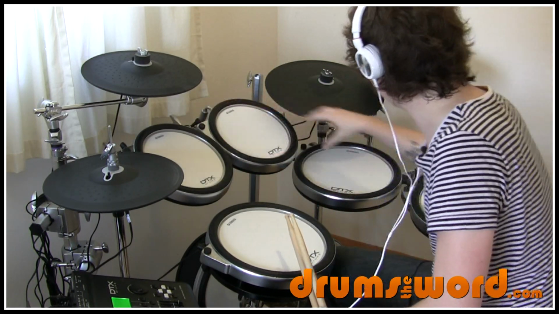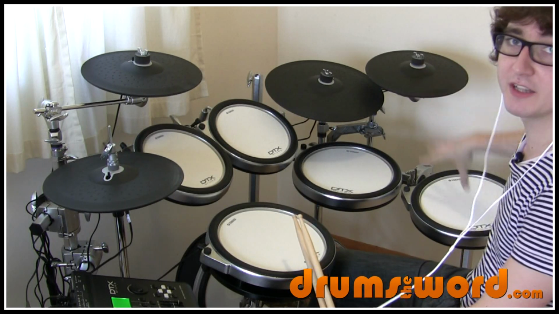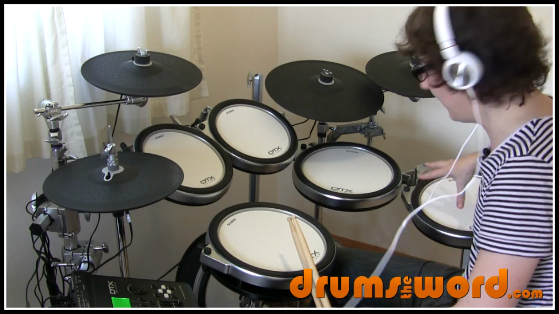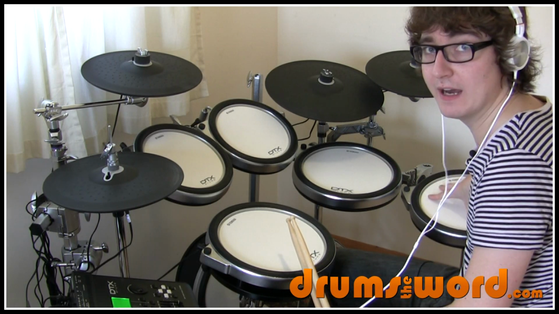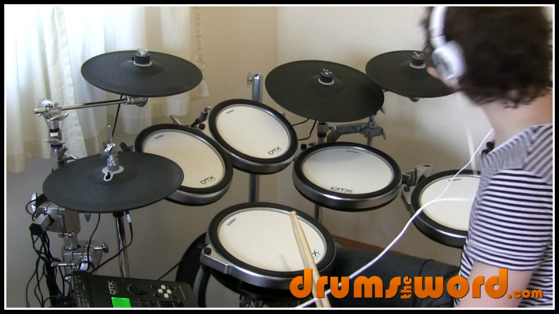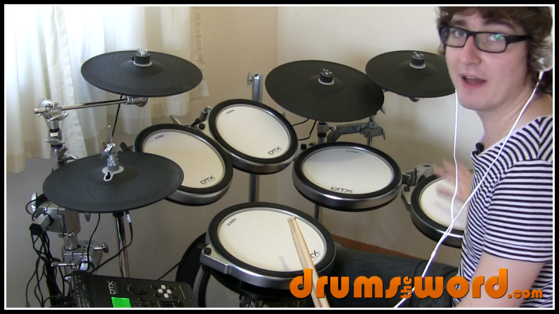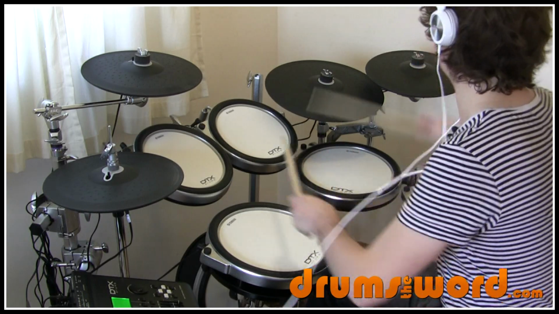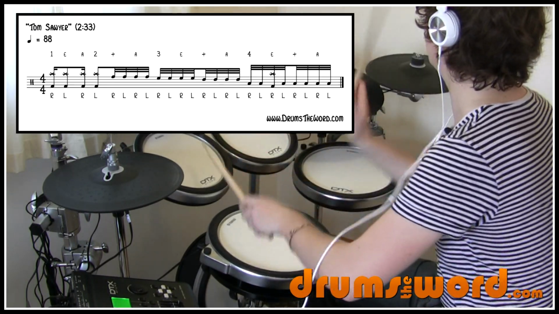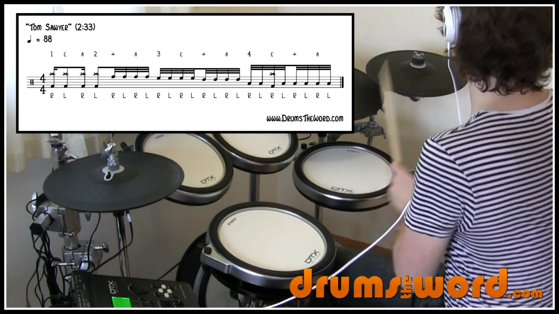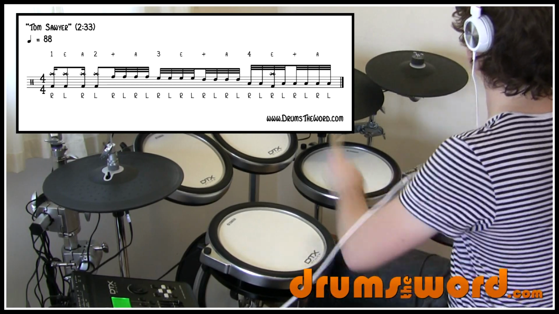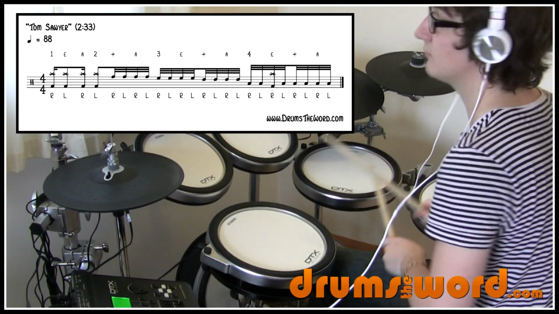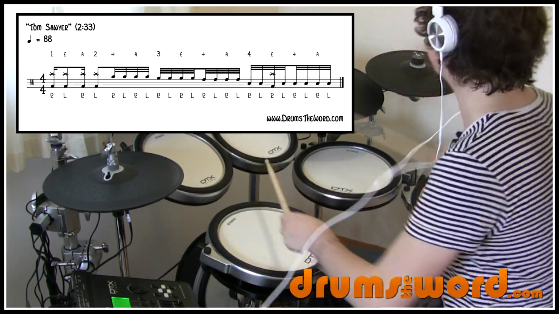Now just remember to start it on the and of 2, and then it's 4, 4, 4, 2 up to the crash, and then the remaining 6 notes on the floor tom. So just end the bar on this low tom here. So 4, 4, 4, 2 up to the crash straight away, and then continue the roll to the end of the bar on the lowest tom. 1E and 2 and 3 and 4E, and up to speed it'd be something like,